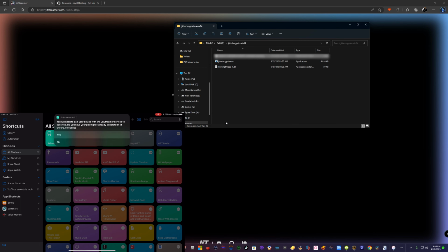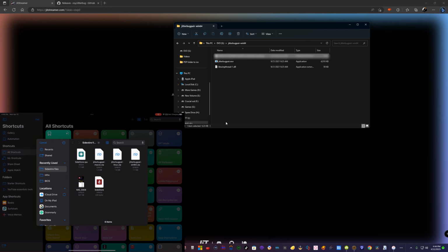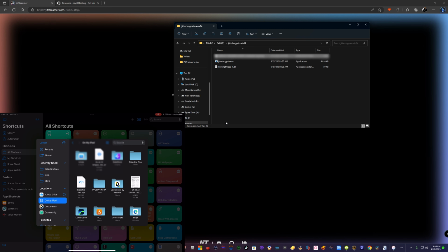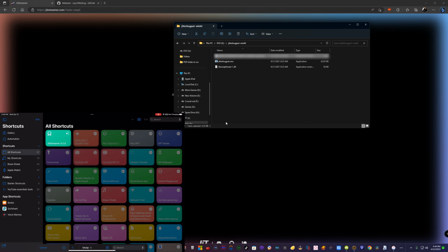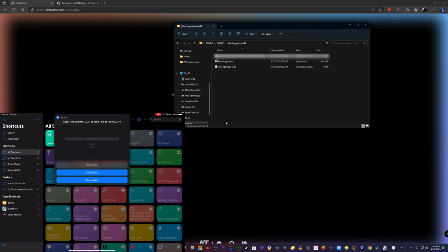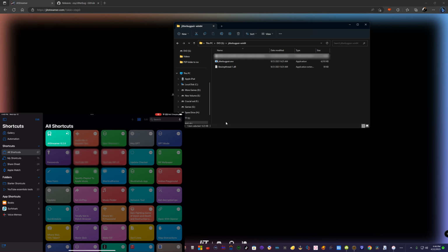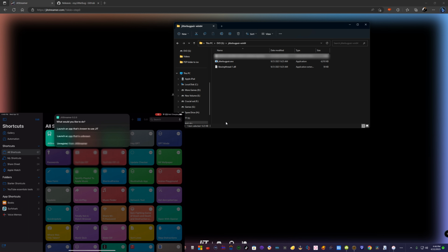So it's gonna ask you where is the file. So we're gonna go here on the iPad. I'm gonna go on my iPad. I'm gonna go to the folder where I dropped the file, which is this one right here. And this is right here, the file. This is the file right here. This one right here. When I click on that, and you're gonna click on always allow. And there you go. After doing that, your device is already registered, so you could launch any apps that has